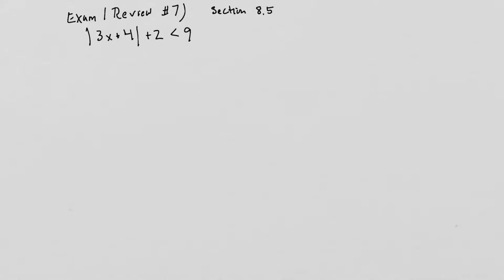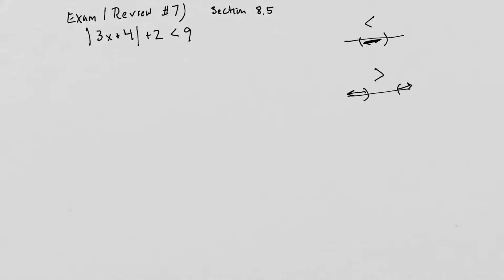So we have an absolute value inequality on the exam 1 review number 7. This comes from section 8.5, so you should practice some of these from 8.5 with both the less than symbol and the greater than. Remember, with the less than symbol, you're going to get a section of the number line that's in the middle, and with a greater than symbol, you get a section of the number line that points